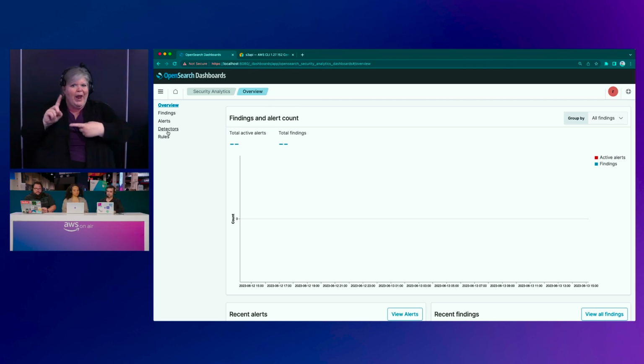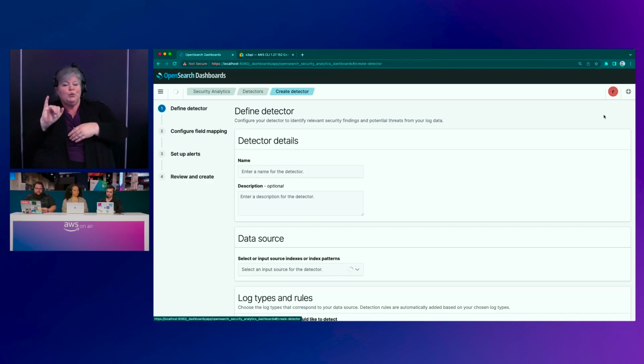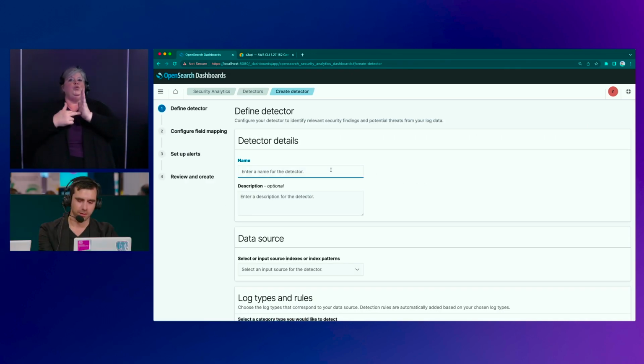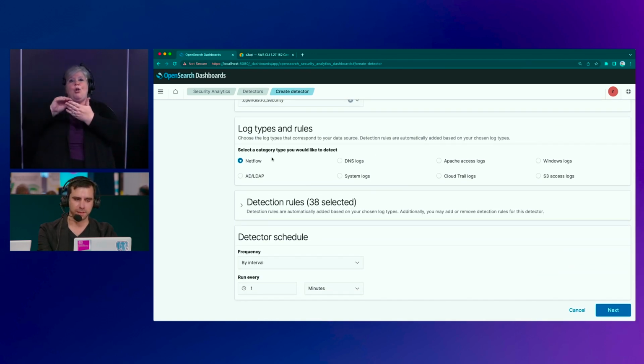You'll set up detectors. These detectors are joining the log stream that you're interested in to a set of rules. So I can create a detector, give it a name, a description. I'll select a log stream that's available, and then I tell it what kind of logs those are.